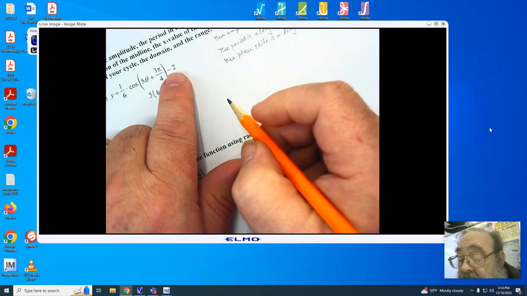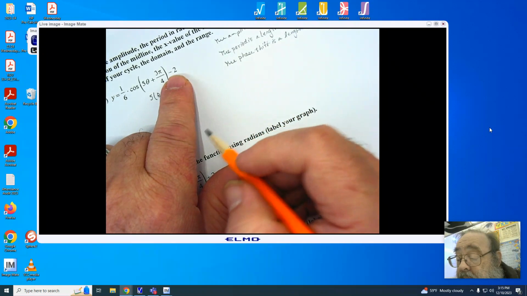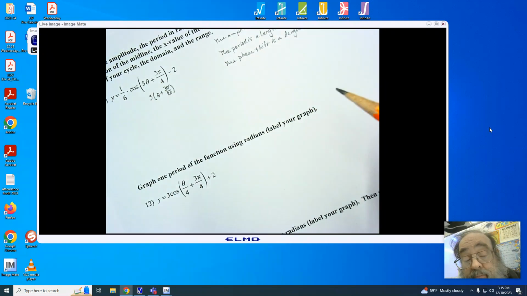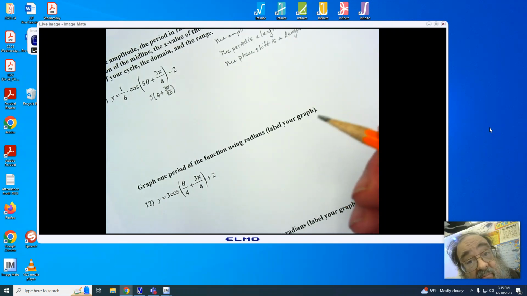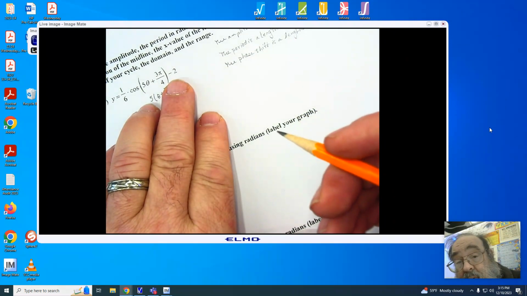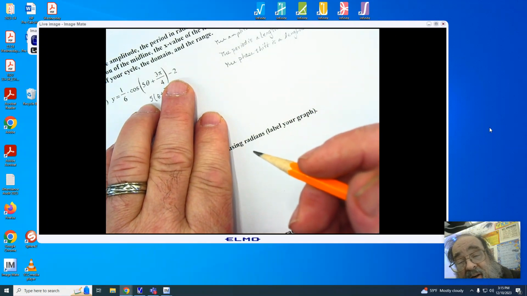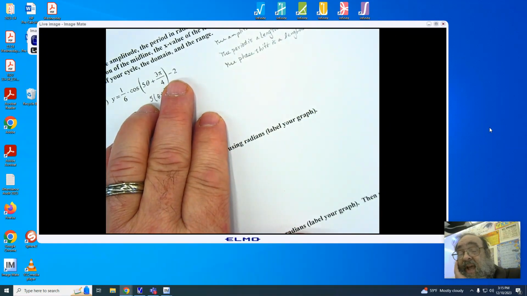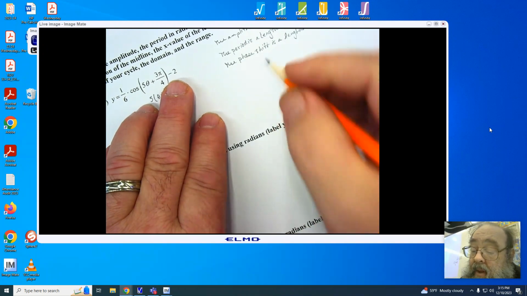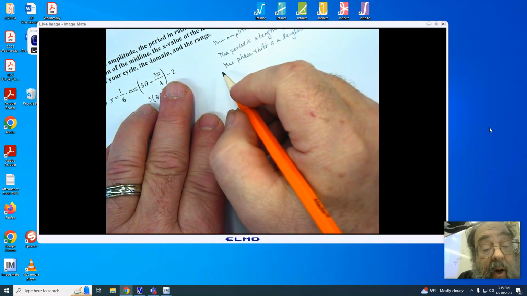Notice our center line, or what we could call our midline. Yeah, center line or midline. This is lowered by 2. Often we describe our vertical shifts as down, which would be acceptable. I'm going to just describe it in terms of that center line or midline, okay? So the midline or center line